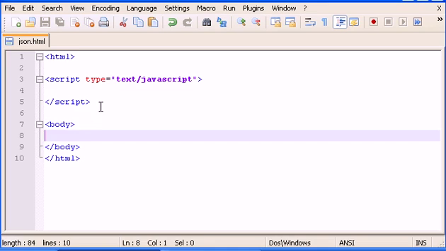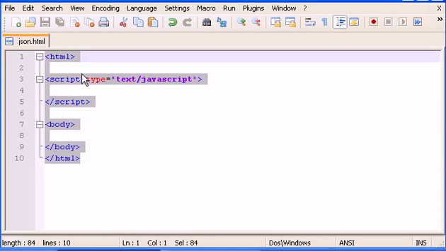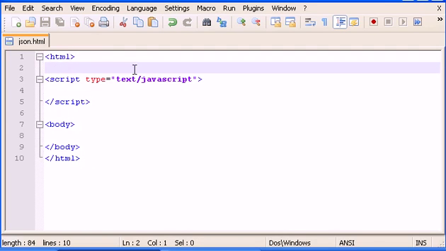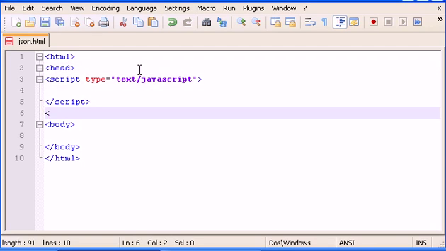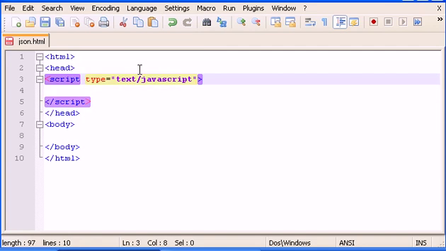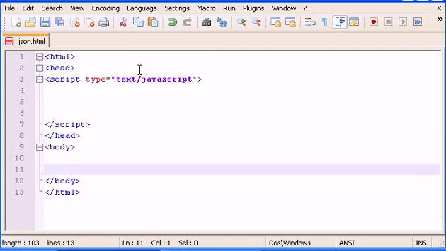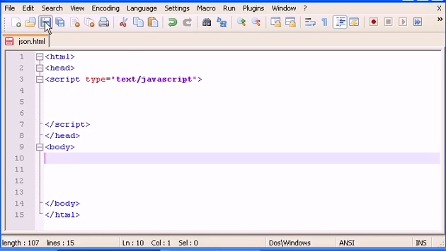The first thing you have to do is create a normal web page. Put your HTML tags in here. I forgot to put the head tags here. Okay, so in your body section here